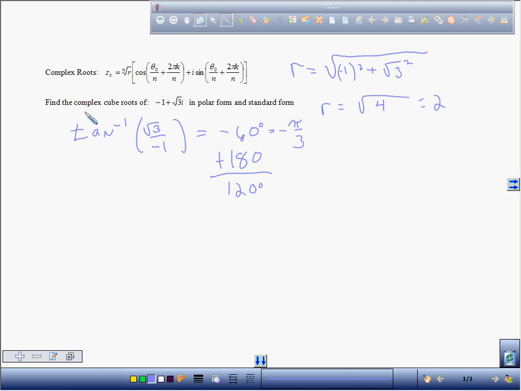So when you're finding complex cube roots, you're going to have 3 answers. If you're finding the square roots, you're going to have 2 answers, and so